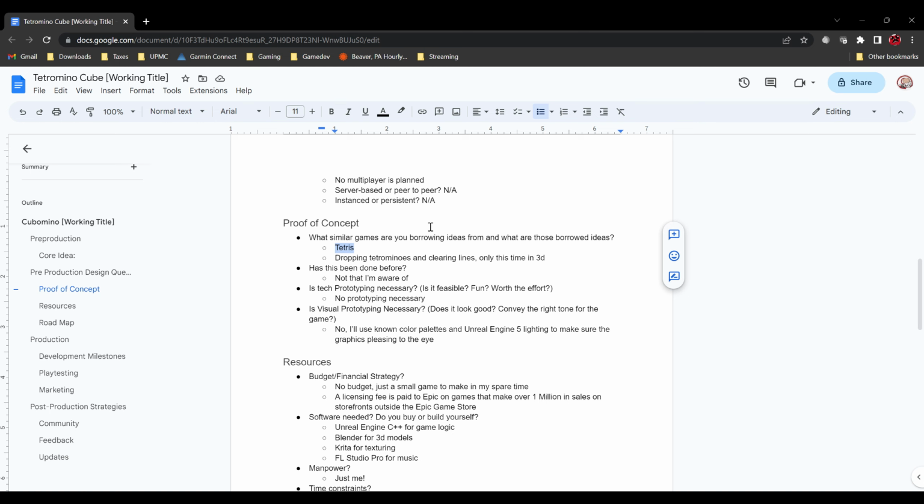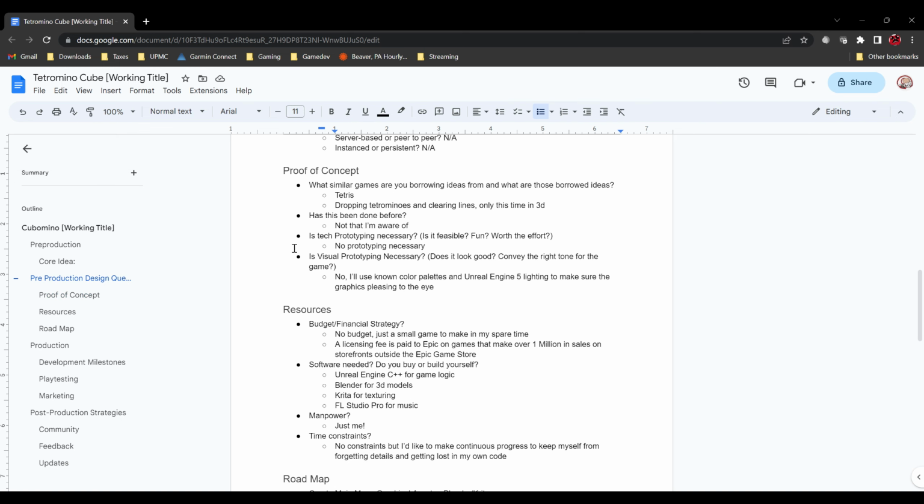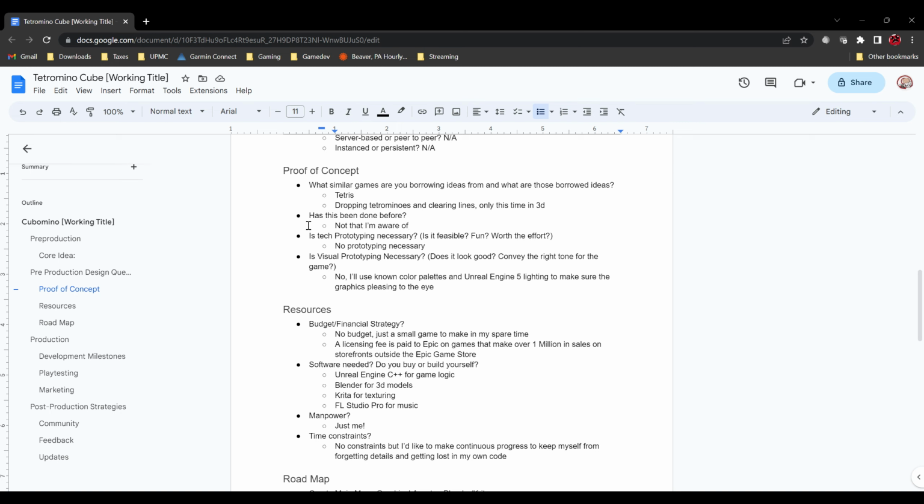Will my idea be fun? Who knows? But the concept is sound. Dropping Tetraminos and clearing lines, those are the borrowed ideas that I'm taking, and then I'm changing them to fit into a cube in a more 3D space to add some interest on modern hardware that's capable of it.